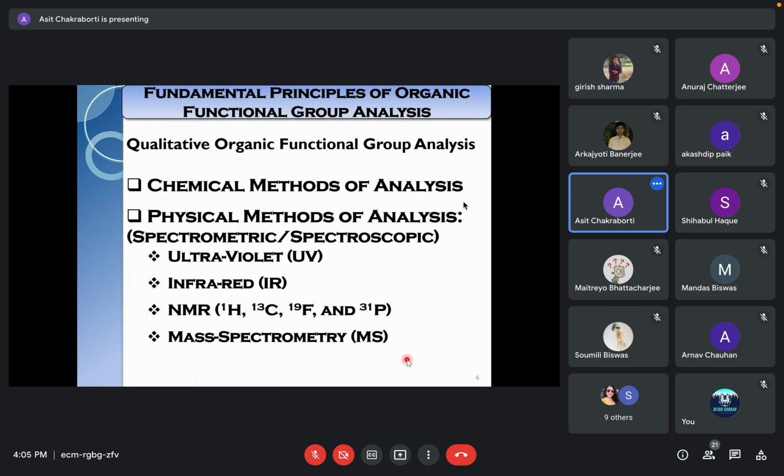Yes, sir. Fine. So say chair form, you can convert one chair form to the other chair form, which means that carbon number 1 and carbon number 4 in one structure might have carbon number 4 in the upward direction and carbon number 1 in the downward direction. When you convert to the other one, number 1 is upward and number 4 is downward. This is called chair inversion, conversion of one chair form to the other chair form. This is called a conformational change.